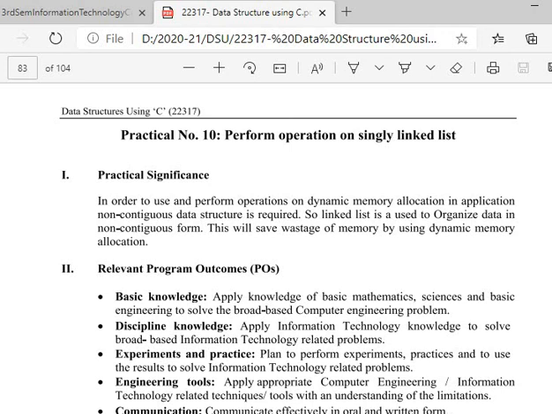So a linked list is used to organize data in non-contiguous form. This saves wastage of memory by using dynamic memory allocation. You know that the linked list data structure is used when memory allocation is done during execution, that time you allocate the memory dynamically.